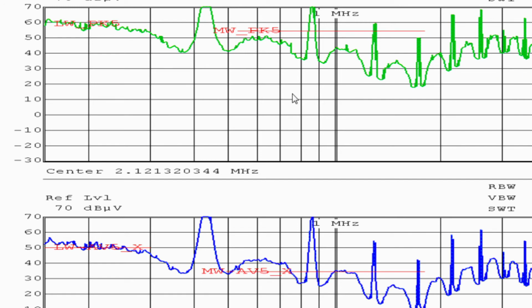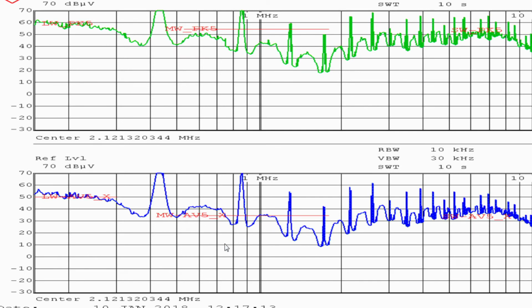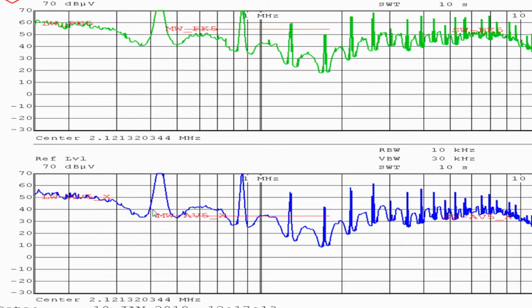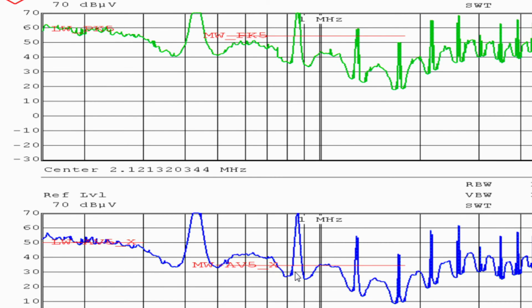And what you can see is here's our switching fundamental. So we set the EVM at 400 kilohertz on WebBench. And you can see here's 1 megahertz, and we walk it down, and here's our 400 kilohertz noise from the design. And then we can see that the second harmonic is up here around 800 kilohertz. And we can see that that harmonic is going through the limit line.